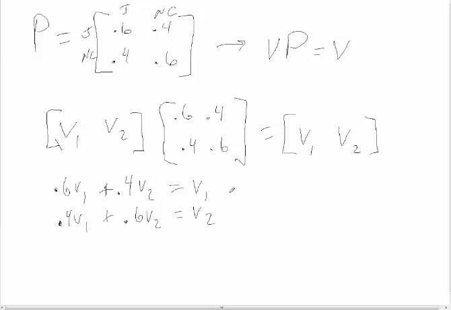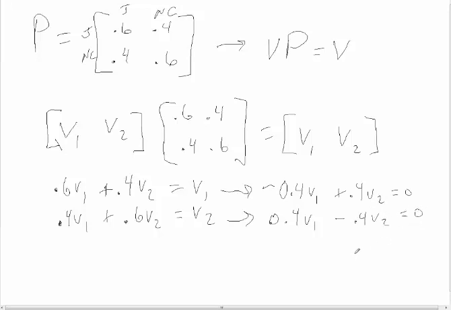Now, if we want to put this into a system that we recognize, in this first equation, we can subtract V1 on both sides to get negative 0.4 V1 plus 0.4 V2 equals 0. And for the second one, we can subtract V2 on both sides and get 0.4 V1 minus 0.4 V2 equals